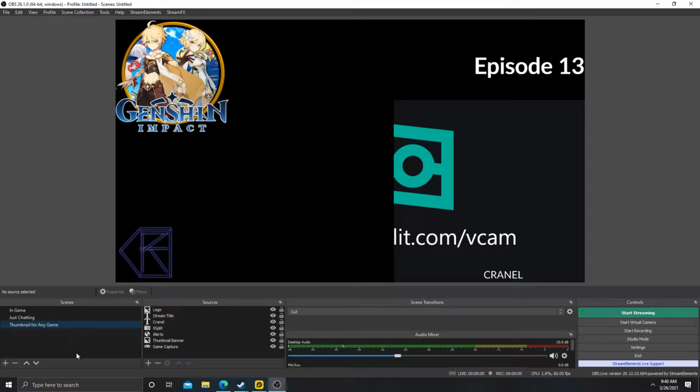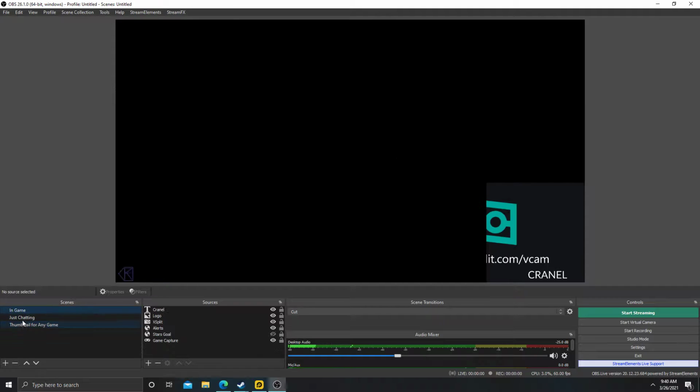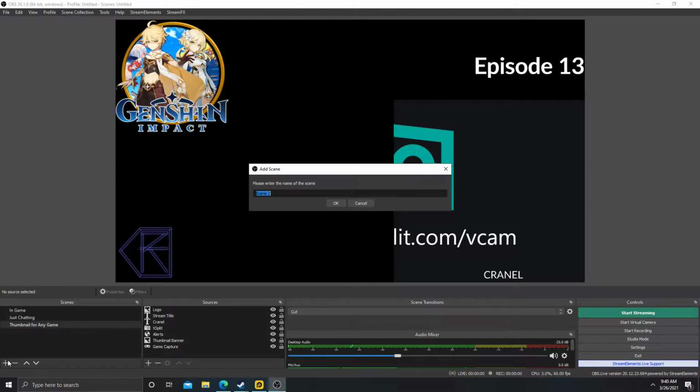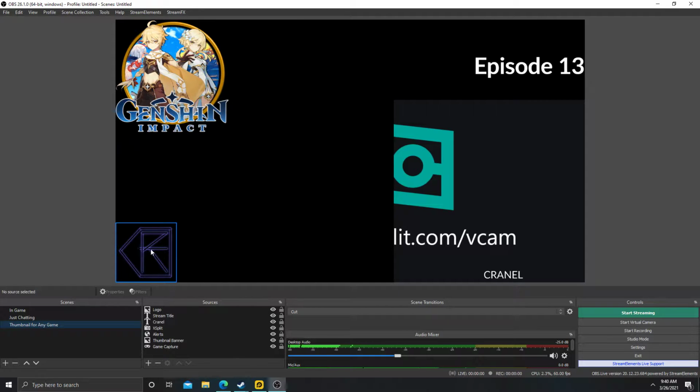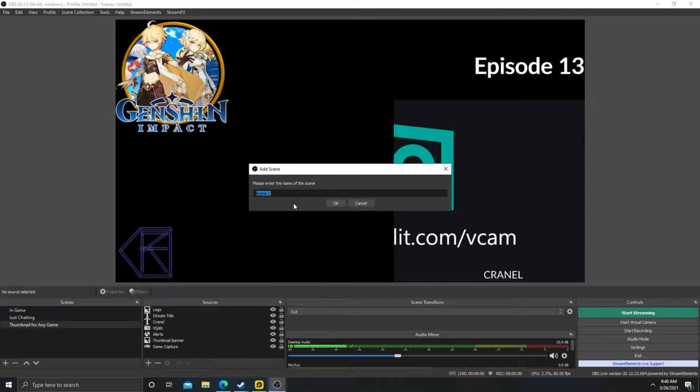So, let's start with the tutorial of how to use OBS. Once you've installed OBS, you will see no scenes down here. I already have some here because those are just my personal settings. To start off with the OBS settings, first we need to create a scene. Let's say, for example, in game or start